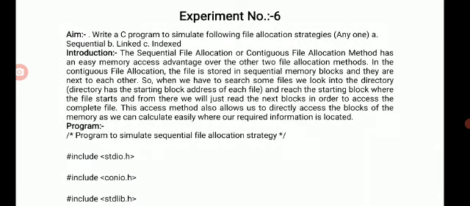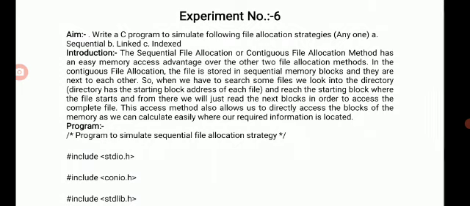Okay, so it has a particular advantage compared to the linked and indexed strategies. It doesn't require any buffer or any extra variable to store extra information.